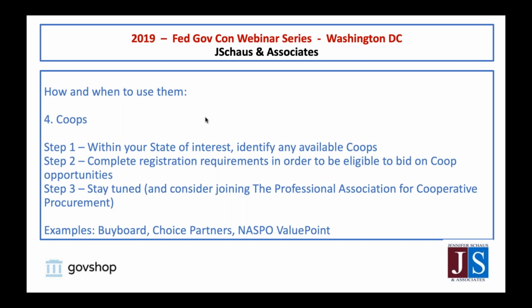So a lot of times too, there are registration requirements that you have to complete in order to be eligible to bid on co-op opportunities, which is different than in the federal space, right? If you've got your SAM.gov registration, if you've got your DUNS number, you're pretty much going to be eligible to compete for all those multi-agency contracts. Not the case all the time at the co-op level. So figure out what is required to do business with that state, knock those registrations out far in advance, and then you'll be eligible to bid on that cooperative purchasing opportunity.